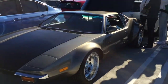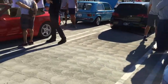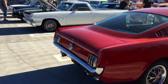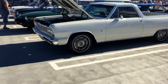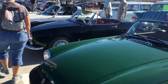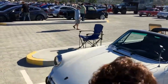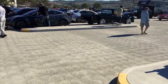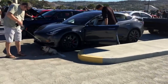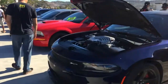And then Pantera, and then an M3, and then a Porsche. That seems so amazing. Really nice original Mustang. Great looking El Camino, 65 I think. MGB, next to a really nice little Alfa Romeo. So a little Porsche Targa. Fan of the Targa. We have a Model 3, the new Tesla, Hellcat, and then Mustang,